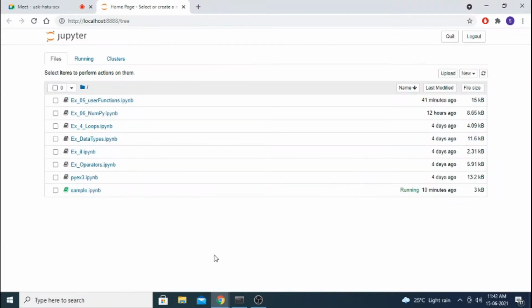You have to go to the Anaconda command prompt. From that Anaconda command prompt, you have to go to your particular directory. That is, as I used to tell you, D colon. From the D colon, go to your directory. From there, you go to Jupyter notebook. The exercises we did will be there. Okay. I am creating a new one.